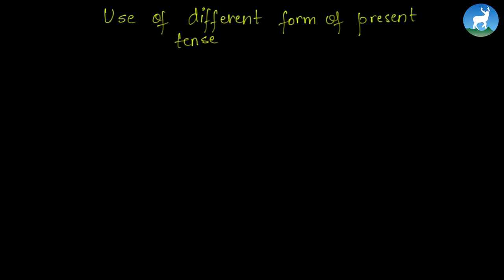Present tense is not only used for describing places and people at present, but also for various communicative functions. We will look at some of these sentences from different contexts and identify the context and then complete the sentence with the correct form of verbs in the bracket. So the first question will be, the earth